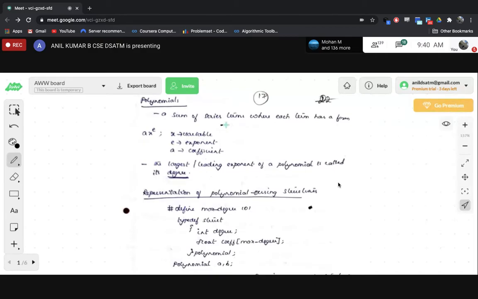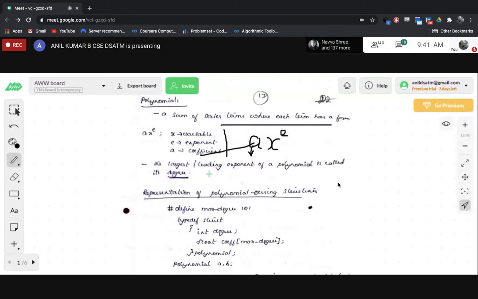Here, the polynomials are the sum of a series of terms, where each term has a general format: a is a coefficient, x is a variable, or y or z, whatever variable you use. The coefficient and the variable are raised to a power, and that exponent must always be an integer constant.